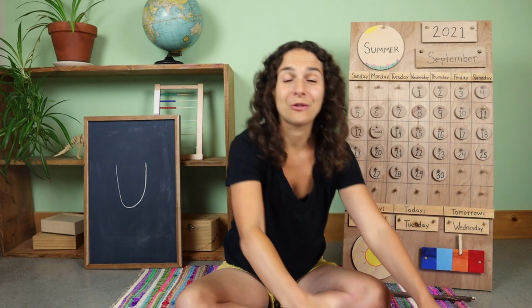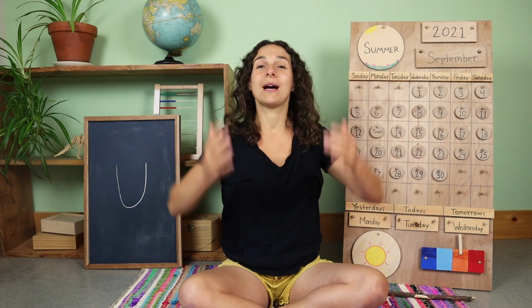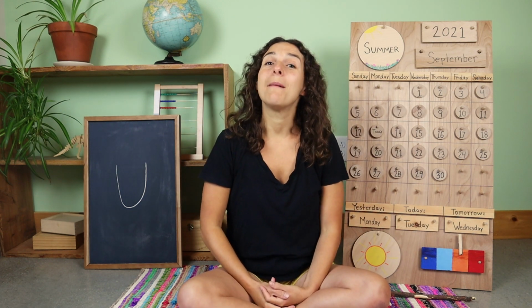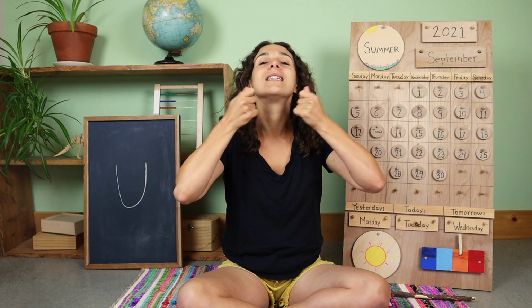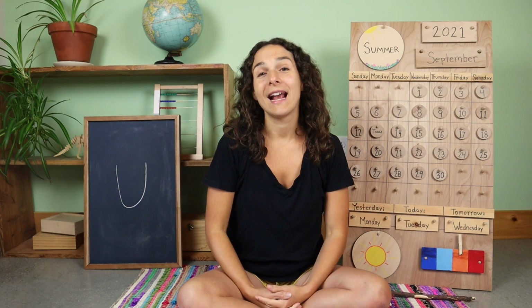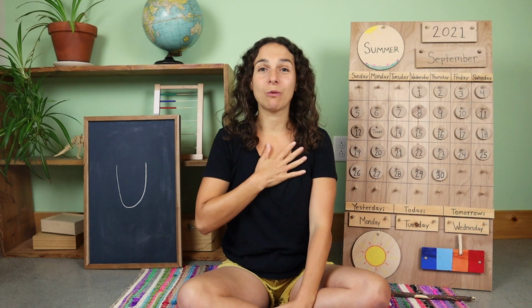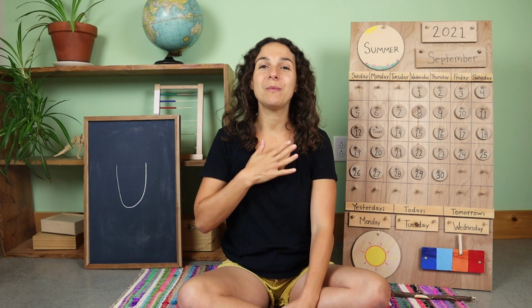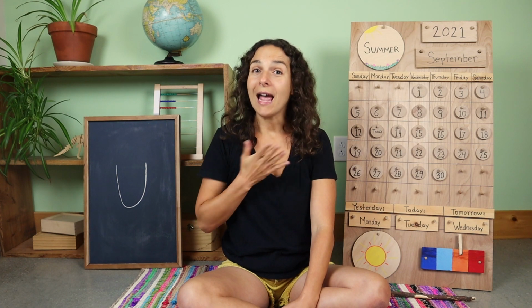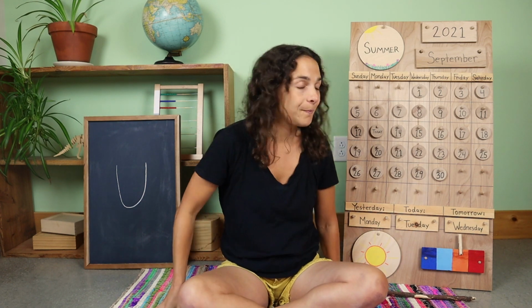My thinking hat is over here. I'm going to put it on top of my head. And today, my thinking hat has a ribbon underneath my chin. So I'm going to tie it up into a bow. And the last thing that we need to do is warm up our hearts like this. Boom, boom, boom, boom, boom, boom. And now it's time to get started.